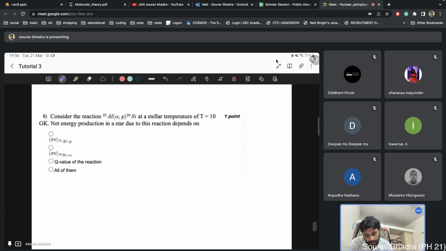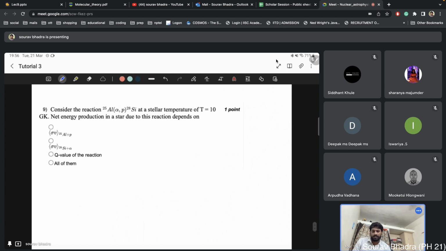So here it is given that it is a theoretical question. Consider the reaction of aluminum-25 to silicon at a temperature of 10 GK. Net energy production in a star due to this reaction. So net energy production will depend on the forward reaction as well as the backward reaction. That means when aluminum is converting to silicon, as well as when silicon is converting into aluminum, all the